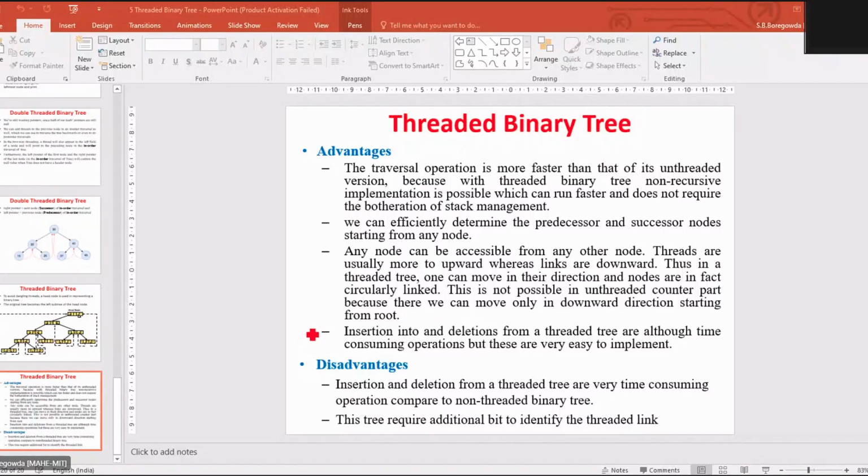This min heap property should be satisfied throughout the levels. If you look at the 7 here, 7 is the parent of 10 as well as 15. According to the min heap property, the parent should have a key value which is less than its children. 10 is greater than 7, and similarly 15 is greater than 7 in this case. So the parent node has the least value compared to its children.